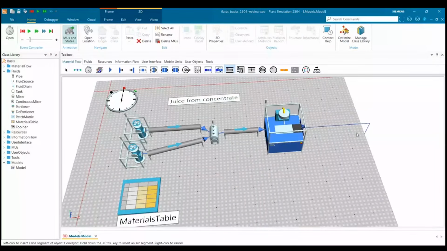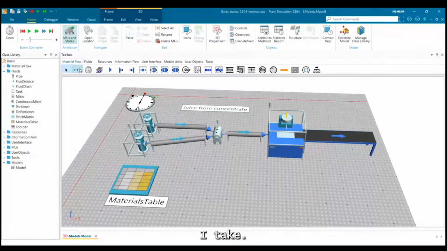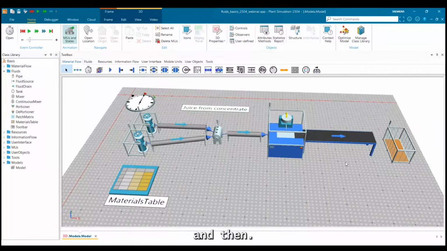So to see what we create, I take a conveyor and then, okay.